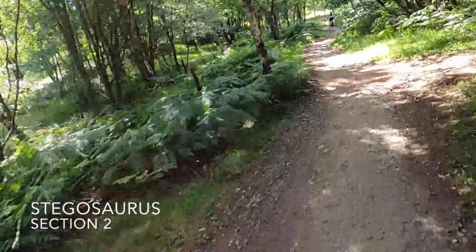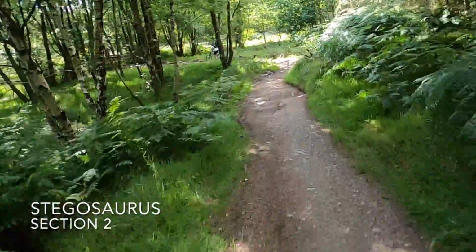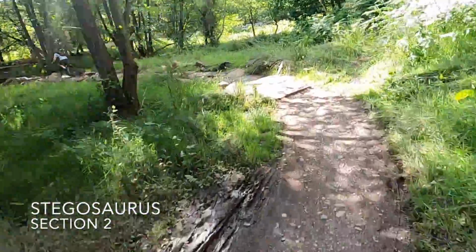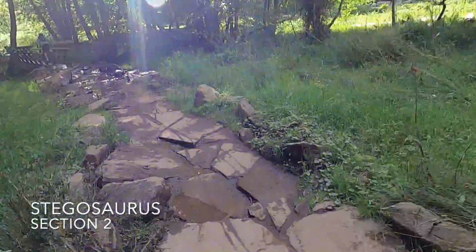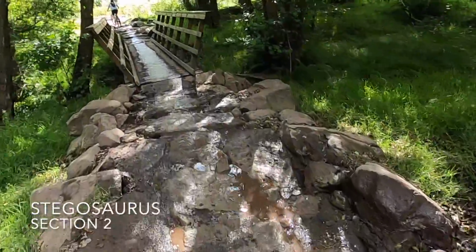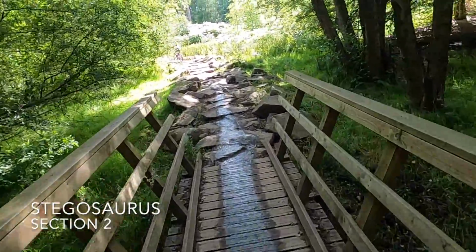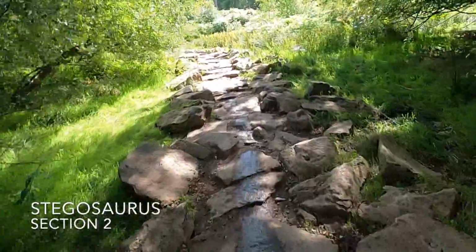Then we ride along for a little bit, but we have to get ready now and get our seat in the right position and the gearing right for the next section. So here we're going to hit some rocks. Now these first rocks are not too difficult, although you can't see too much what's going on. Over the bridge next. Now this leads us into a new section, or a relatively new section, which is quite